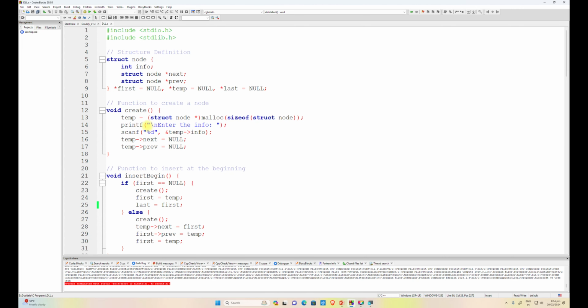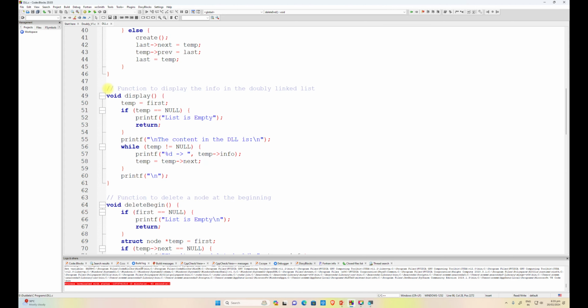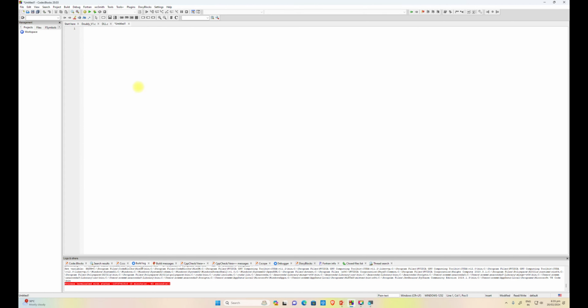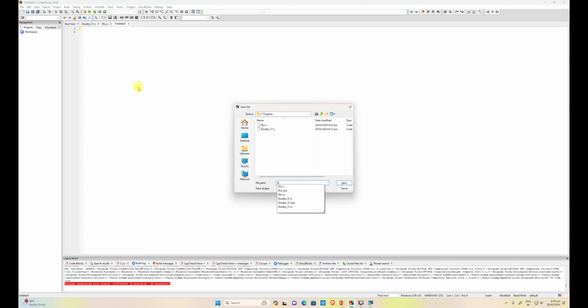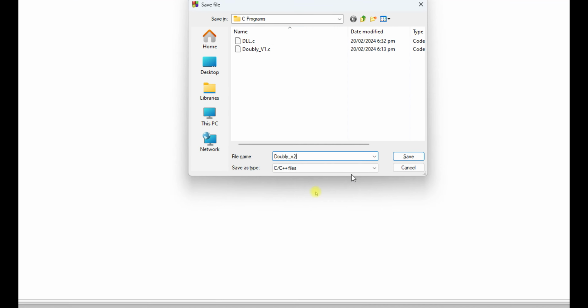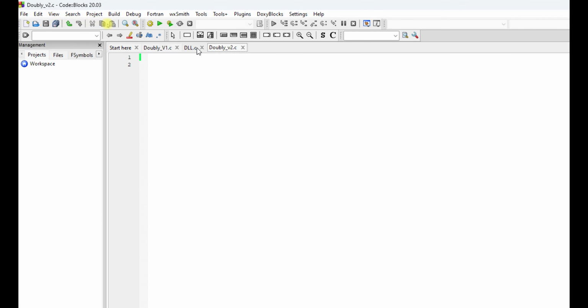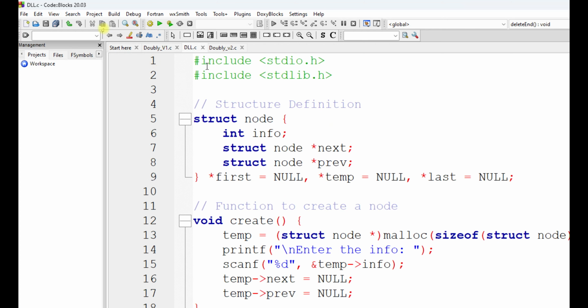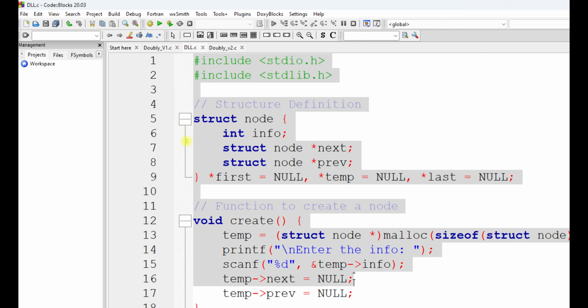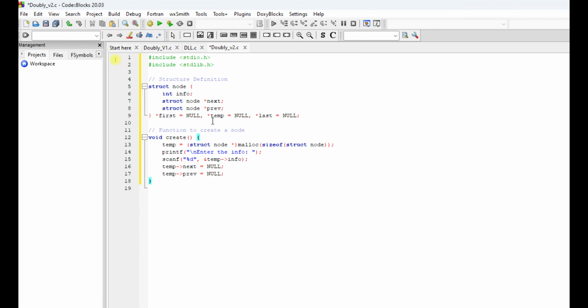Now what I am doing is, I am keeping insert at the beginning and insert at the end, and let me create a new function, save it as doubly version 2.c. So it is created, and from the doubly linked list, I am taking this part of code